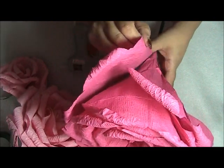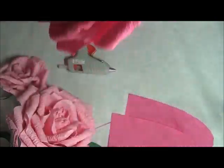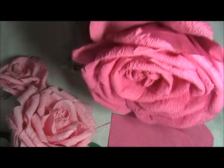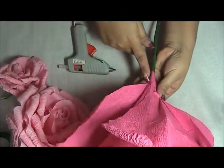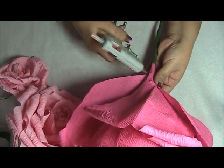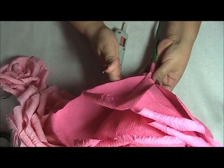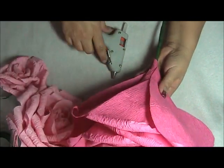Alrighty, I'm going to pull away for a second again and see if this is a good placement here. That's a good one there. And as you can see, I'm going up higher again. This is all going to get covered up anyway. I'm going to be creating a calyx,